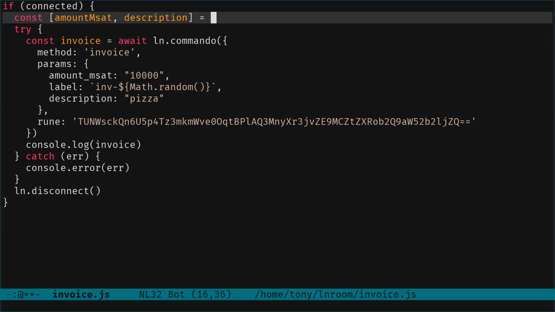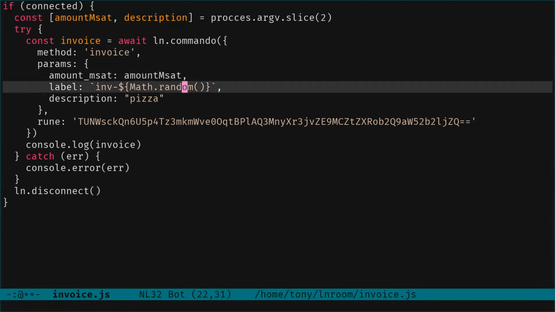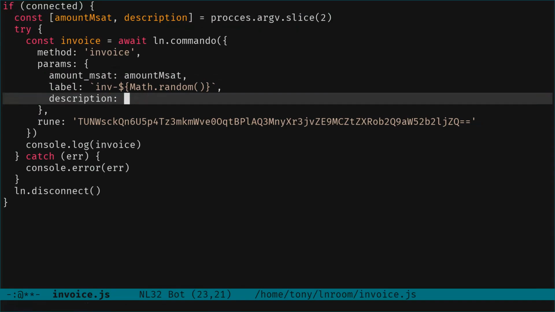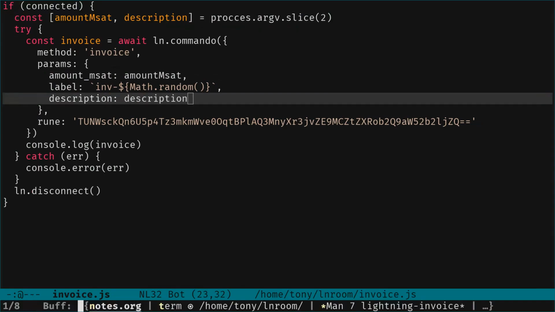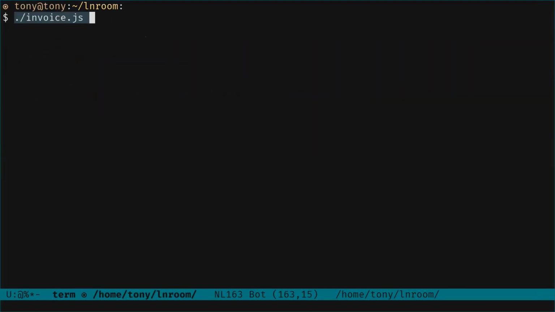Description, and this is process.argv, and we don't want the first two, so we should have amount and description. We have to change those values with the description. So now this is no longer hard-coded, and we should be able to do something like that. Then, still want a pizza, and now